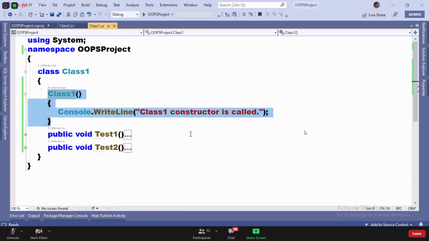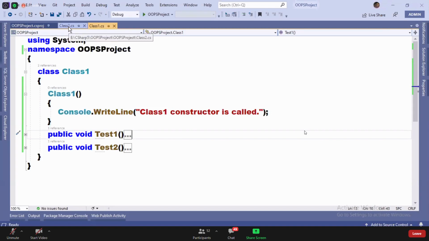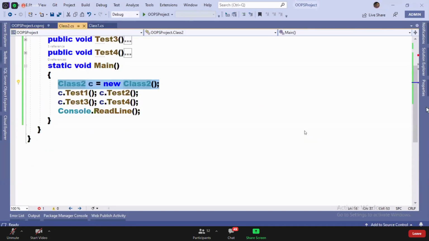Private members of the parent class cannot be accessed by the child class. Perfect. But where did I call? Where did I access? Did I call the parent class constructor anywhere?